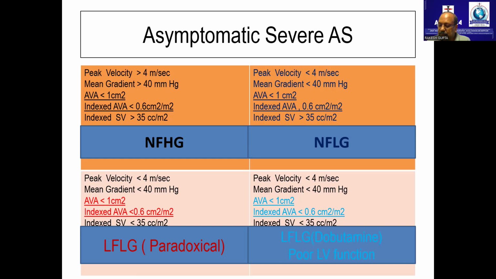So with a normal LV systolic function, is low flow, low gradient aortic stenosis worse than normal flow high gradient? Correct. You think of yourself. I said the same thing. In normal flow high gradient, what exactly is happening? The function is very good. It is able to generate the forces. It is able to give out a good amount of output. Now the second stage, function is good, able to give a good output, but it just starts losing the gradients. Generation of gradient is gone.